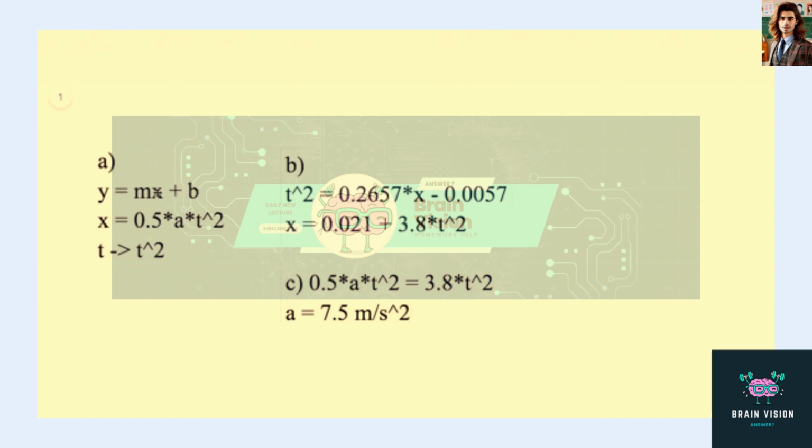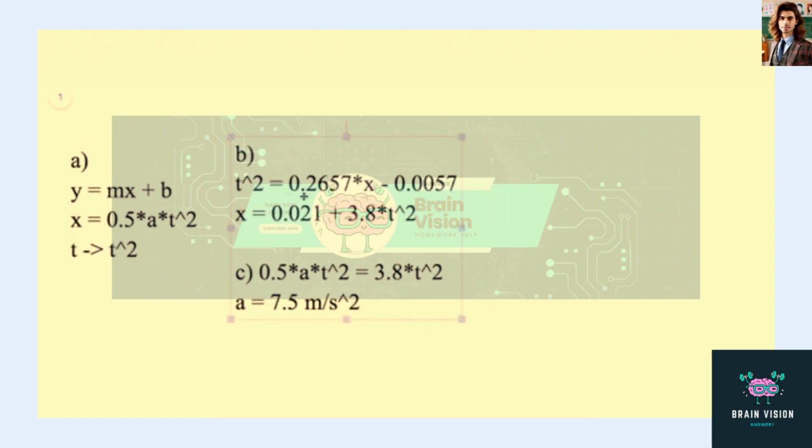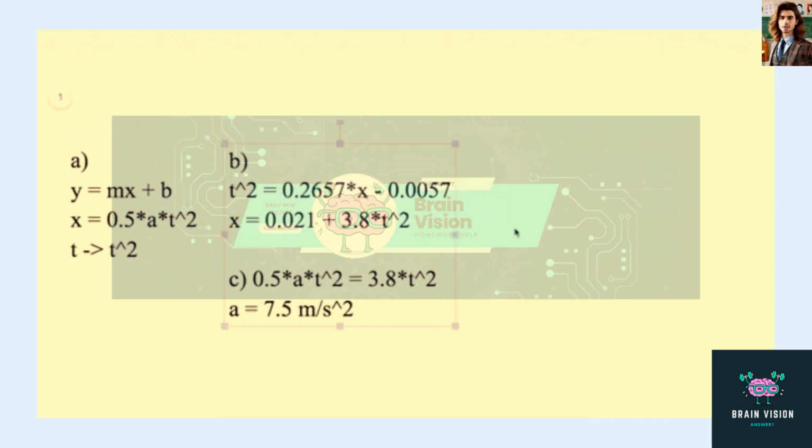Now we want to find the final velocity of the glider, knowing this acceleration, and knowing that its initial velocity is again 0. So we want to use the velocity as a function of time equation, which is the final velocity is equal to the initial velocity plus acceleration times time. Initial velocity is 0, so this is just simply 7.5 times, oh, you know what, actually we don't know time,